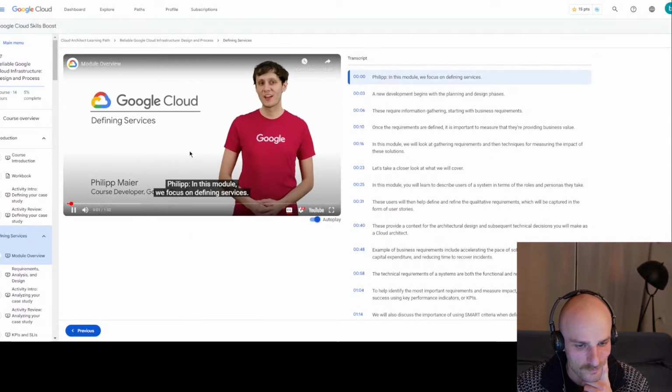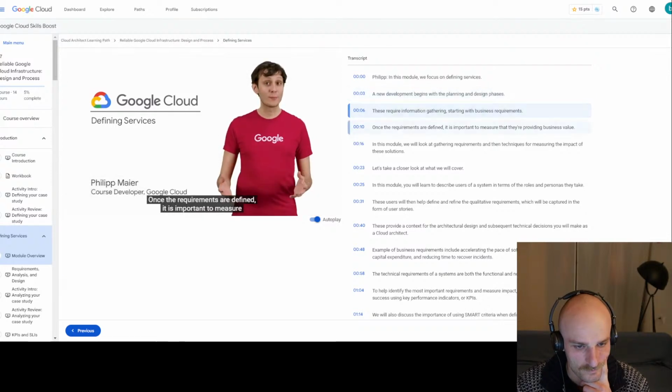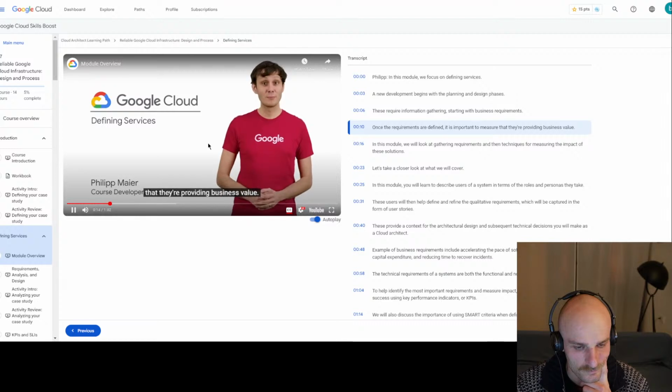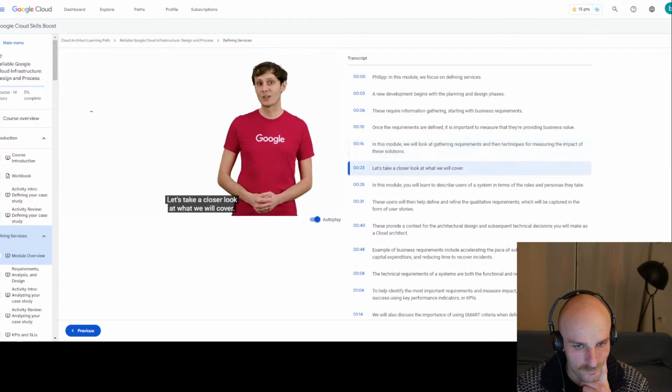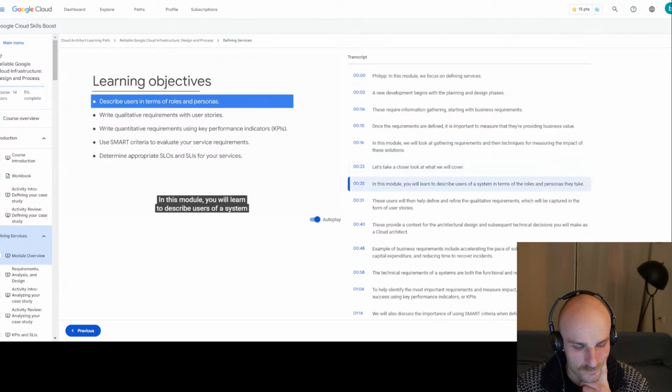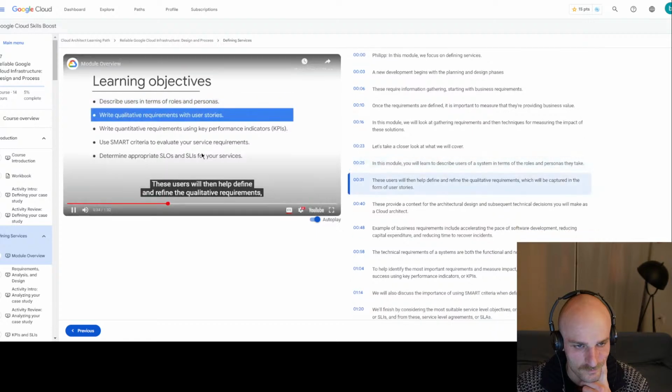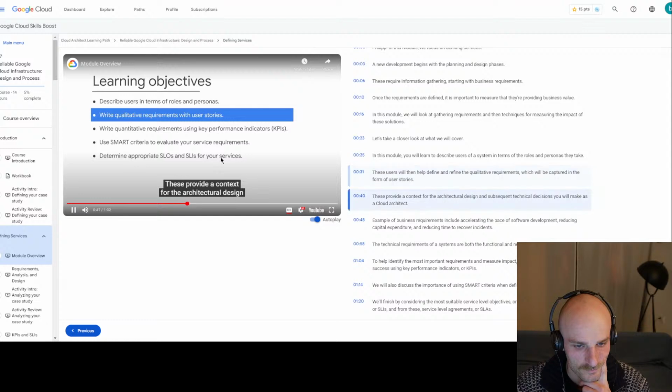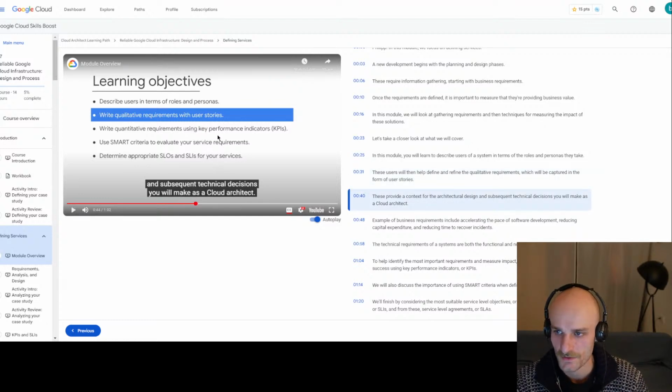In this module, we focus on defining services. New development begins with the planning and design phases. These require information gathering starting with business requirements. Once the requirements are defined, it is important to measure that they are providing business value. In this module, we will look at gathering requirements and then techniques for measuring the impact of these solutions. Let's take a closer look at what we will cover. In this module, you will learn to describe users of a system in terms of the roles and personas they take. These users will then help define and refine the qualitative requirements, which will be captured in the form of user stories. These provide a context for the architectural design and